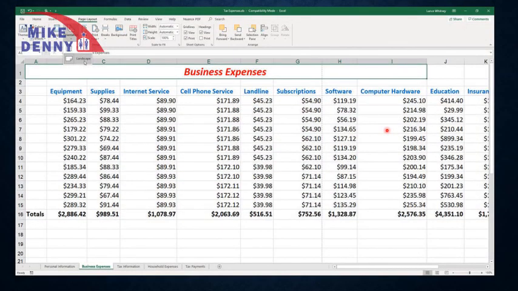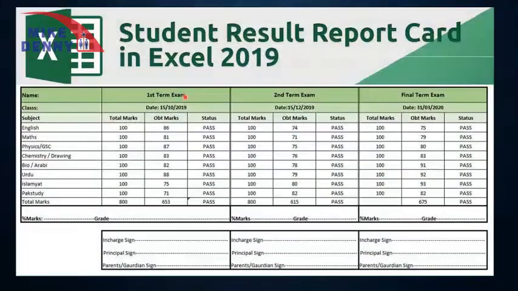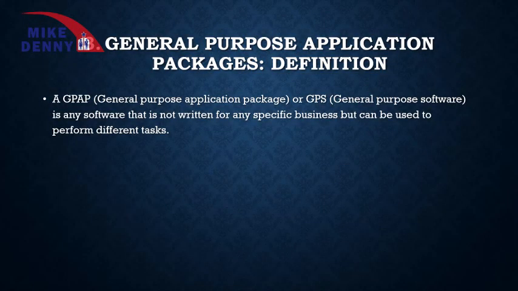The first one is what we call a spreadsheet, like Excel. You can see that here Excel has been used for business expenses. We can use it to do our accounting. It is very interesting. But we can still use the same Excel to do something new, like a student result report card. So you can easily understand that the accountant is going to use Excel while the administration of a school